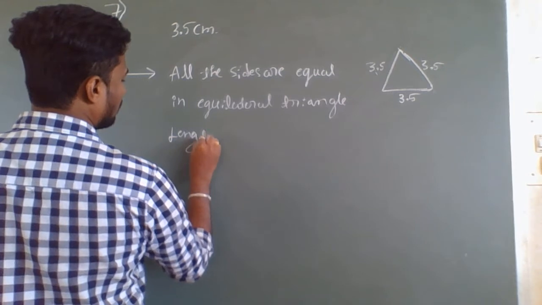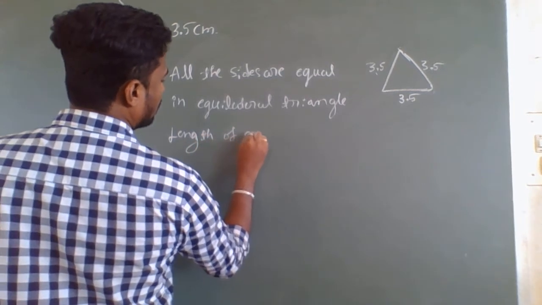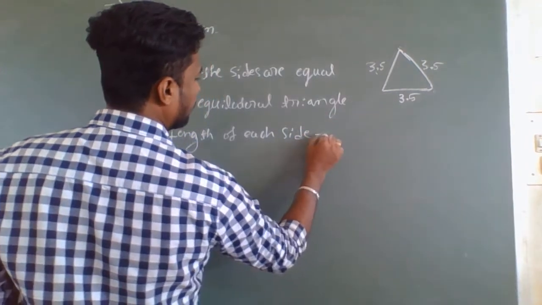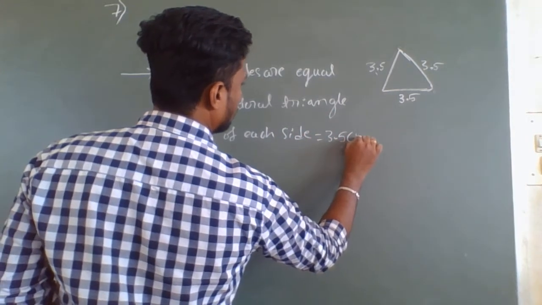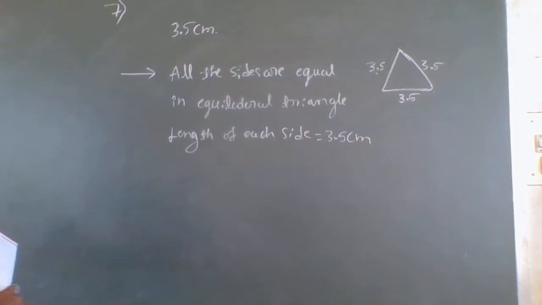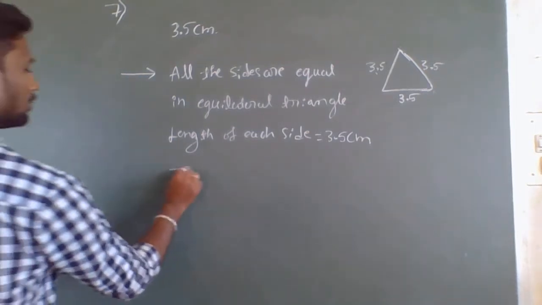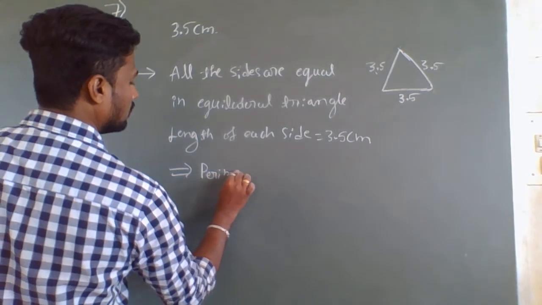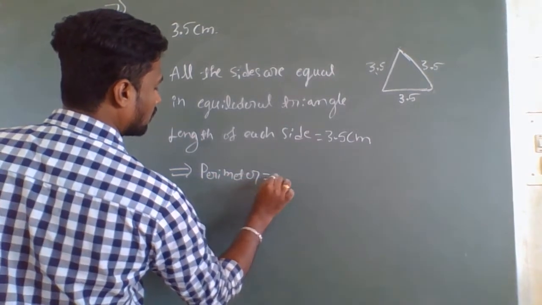Therefore, the length of each side equals 3.5 centimeter. And now we are calculating the perimeter, therefore perimeter equals to